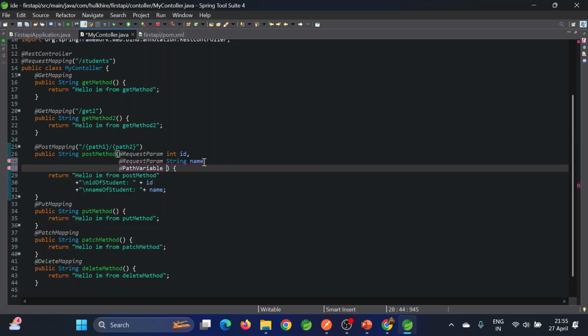You can give whether string or integer, whatever type. So I'm giving int as path 1 and